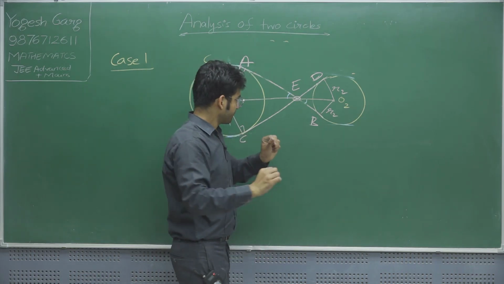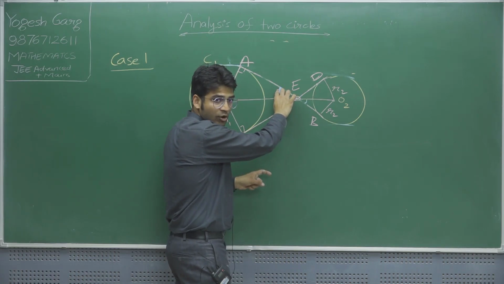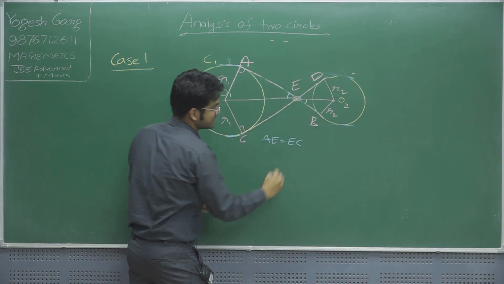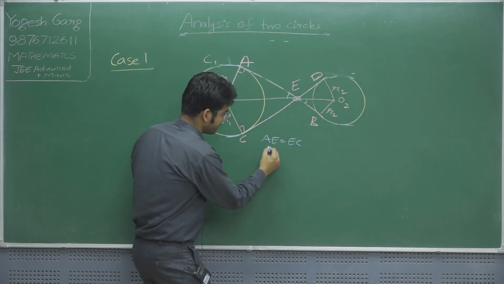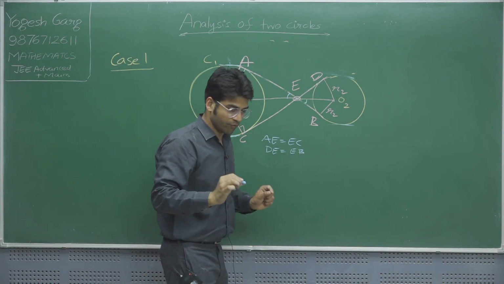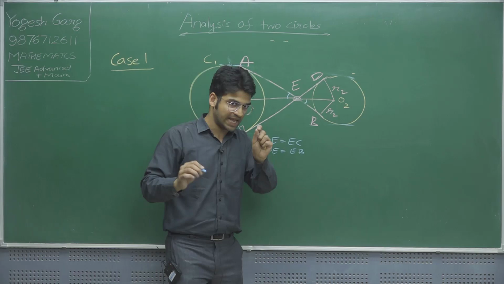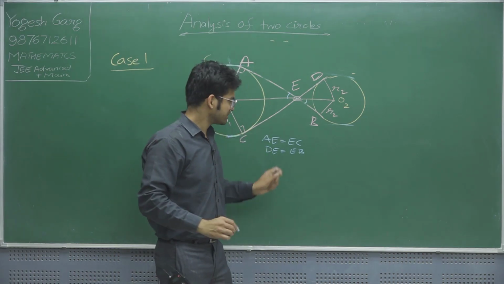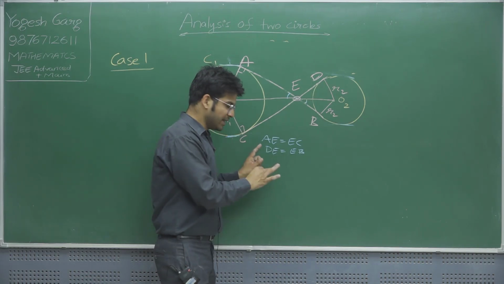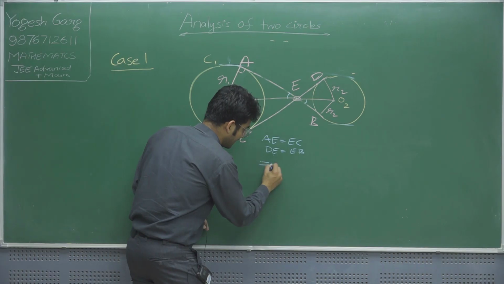Also, one more thing. These two triangles will be congruent. So AE is equal to EC. Similarly, DE is equal to EB. So students, we can easily prove that AE plus EB will be equal to DE plus EC, thus AB is equal to CD. I do not need to go into much detail here. It can be understood easily.